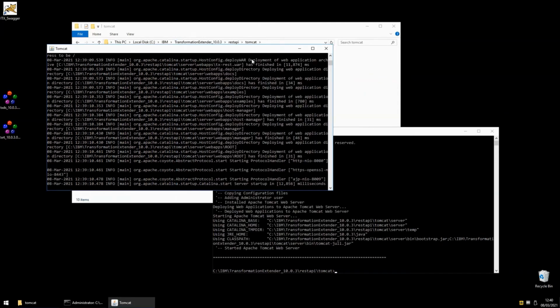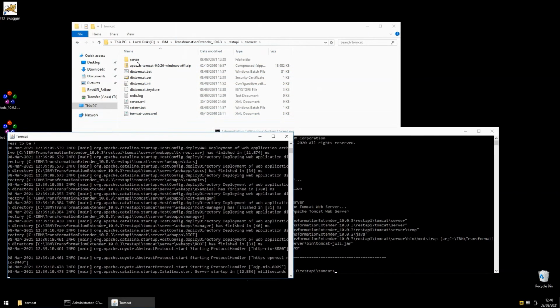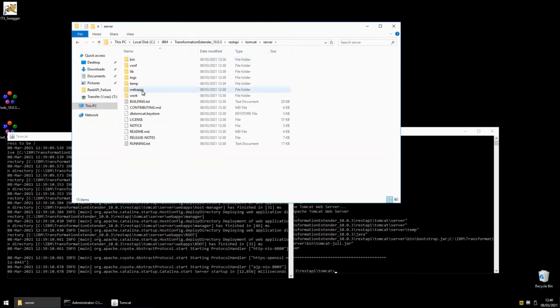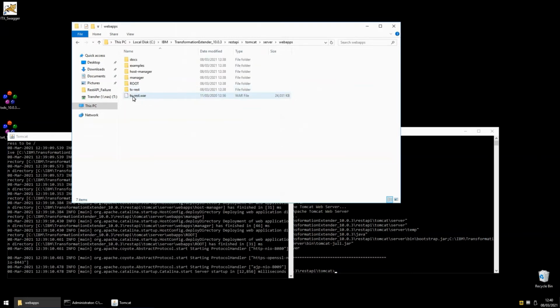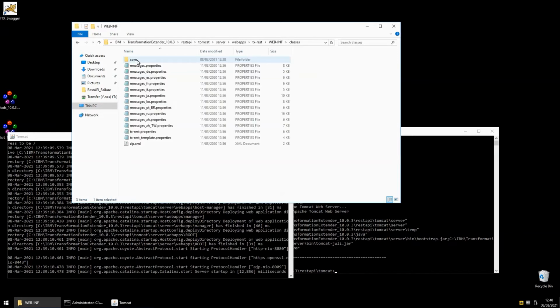So let's just move this box to one side for the moment. Let's go into the server directory, into web apps, and here we find the tx-rest.war file that's been copied in here and then automatically extracted and deployed by the Apache startup script. So we go into the tx-rest subdirectory, into WEB-INF, and then into classes, and you will see the tx-rest.properties file here,